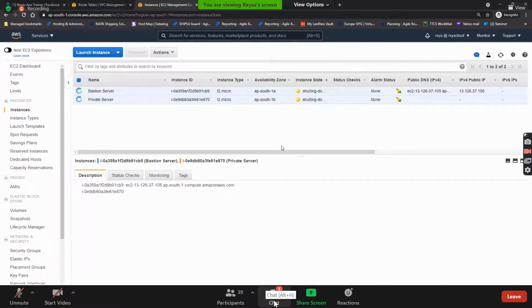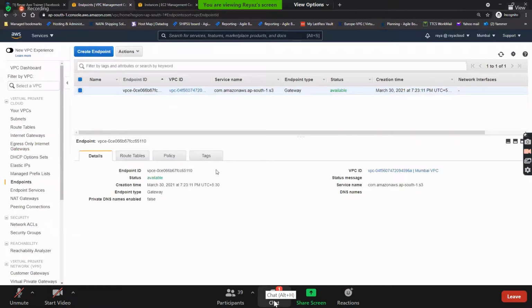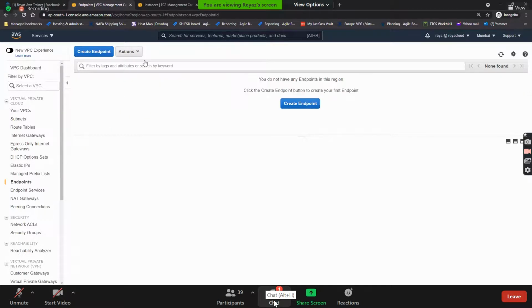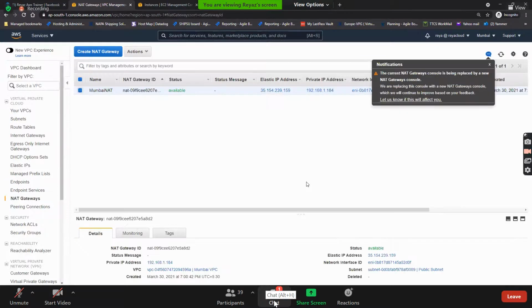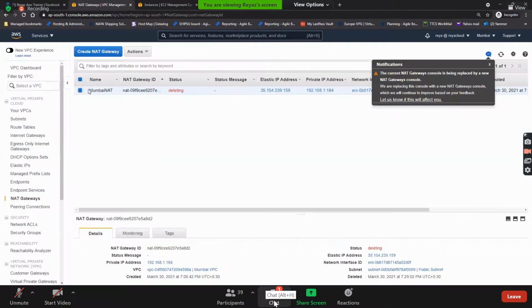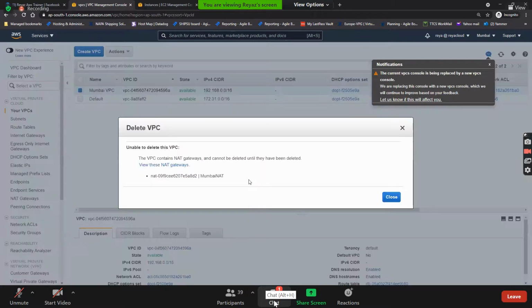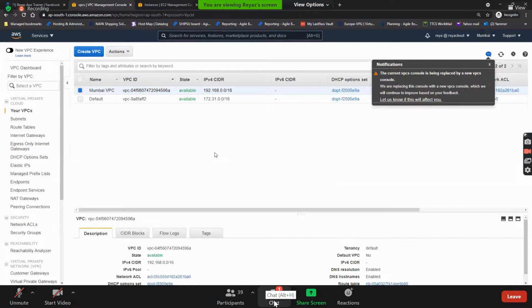Then delete the VPC endpoints that we have just done. And then delete the NAT gateway. And the rest everything will be deleted automatically. Once you delete the NAT gateway and then go to VPC, select this and delete, you will see it is waiting for the NAT. Once NAT is deleted, it will automatically delete everything related to that.